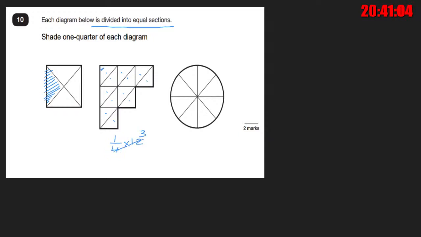So you can shade 3 of these sections, right? And this one has 8 sections altogether, 1/4 is only 2 sections,